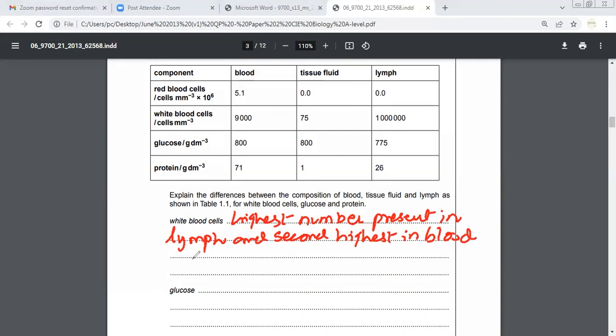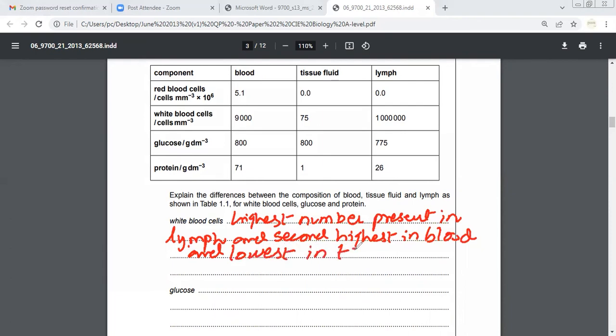As far as lymphatic vessels are concerned वो भी ट्रांसपोर्ट कर रही होती है लेकिन blood जो है phagocytes जो बोन मैरो से सिंथेसाइज होकर आ रहे होते हैं वो भी जिसे खाते ट्रैवल कर रहे होते हैं तो सेकंड हाईएस्ट जो नंबर होता है इनका वो ब्लड के अंदर होता है एंड थर्ड वन इज द जो सबसे लोवेस्ट रेशियो होता है या लोवेस्ट नंबर जो होता है वो टिश्यू फ्लूइड के अंदर होता है